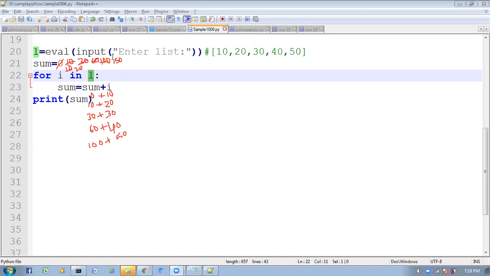If you go to Python 2, how many types of input functions are available there? Two functions are available. One is the raw_input function and the second one is the input function. And what is the difference between the Python 2 input function and the Python 3 input function? In the Python 2 input function, we need not do any typecasting. Whatever the user provides, the same type of data is returned. There is no typecasting required in the Python 2 input function.